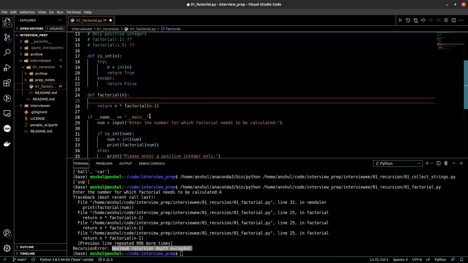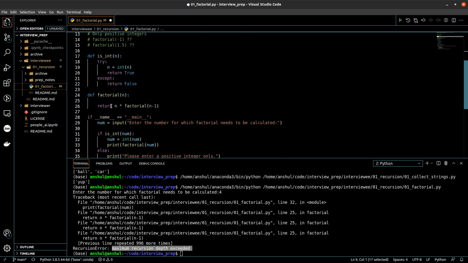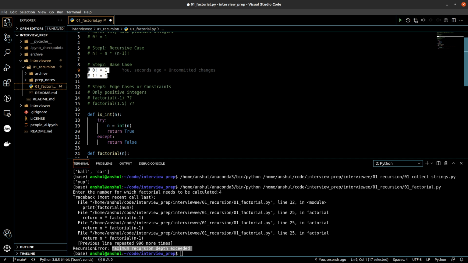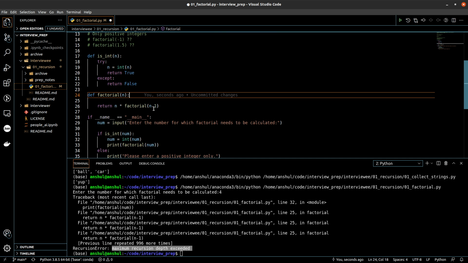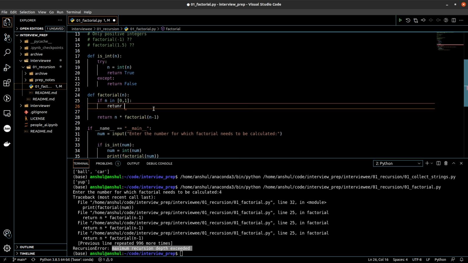So for that, as we had mentioned, the base condition is this. We have to add this base condition, that is 0 factorial or 1 factorial is always 1. So to add that, we will say if n in 0 or 1, we will return a value 1.